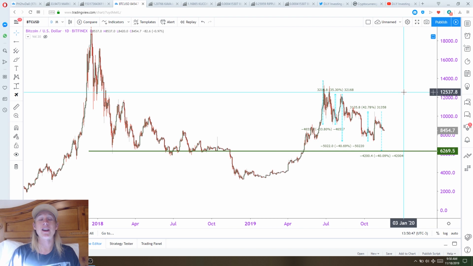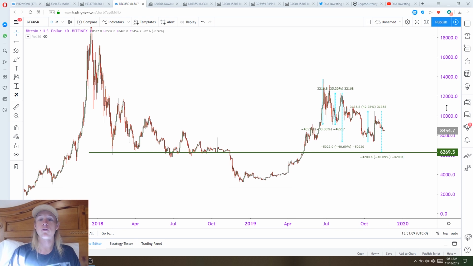But what I'm seeing based off of market sentiment is the fact that about 80% of traders on Twitter and on TradingView are all very bullish at this time. And generally speaking, what I've seen in times past is when such a vast majority of people lean towards one specific outcome, the market almost always does the exact opposite. And so this is what I'm going to be watching out for, guys.